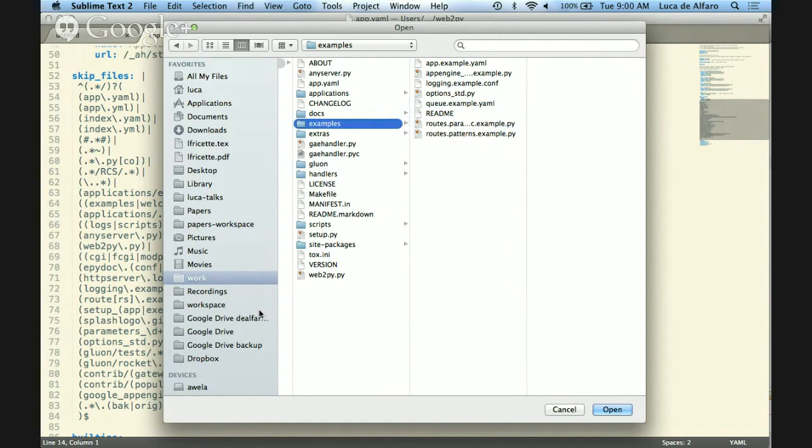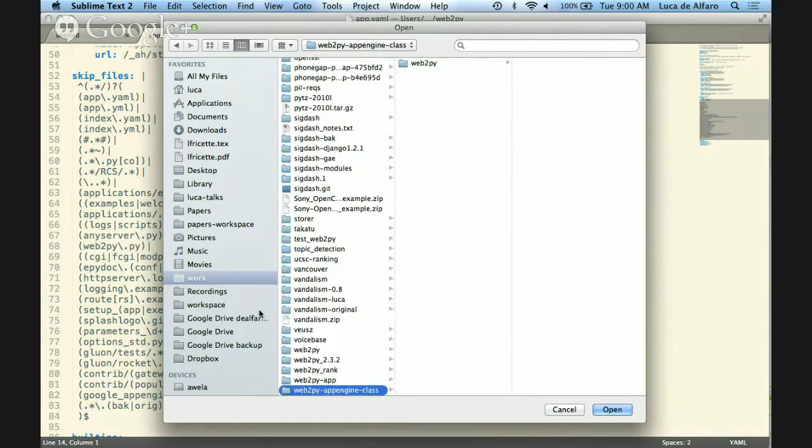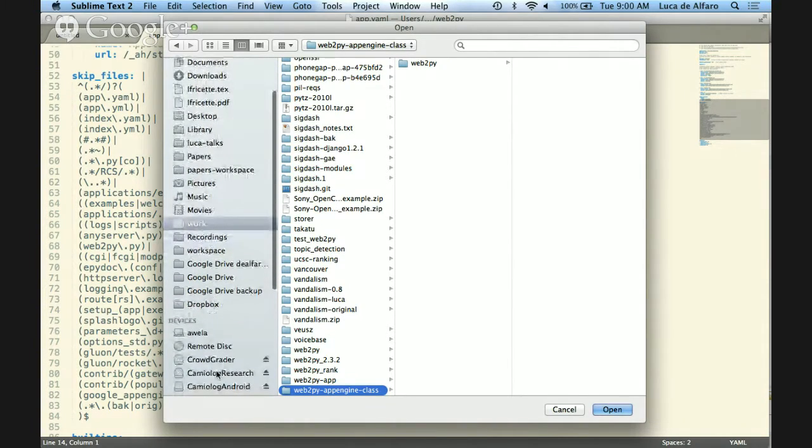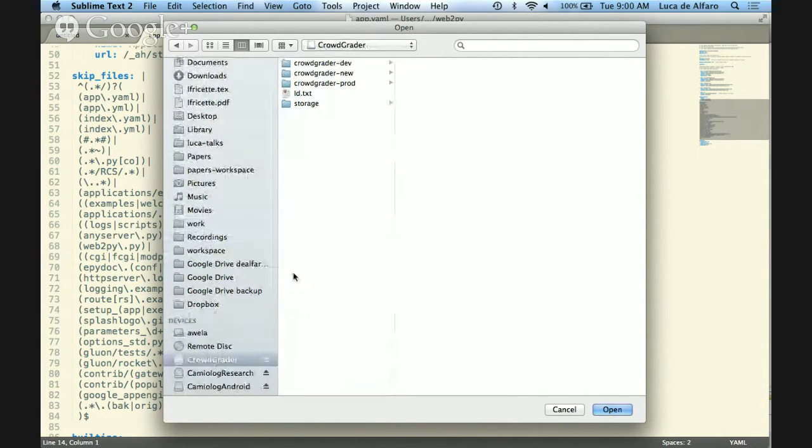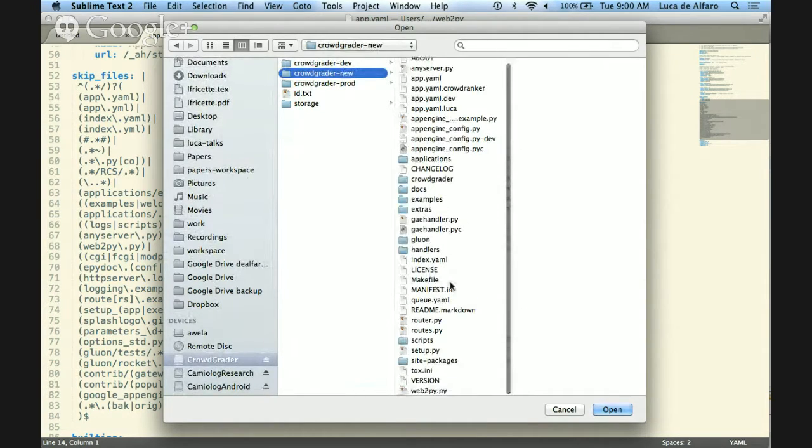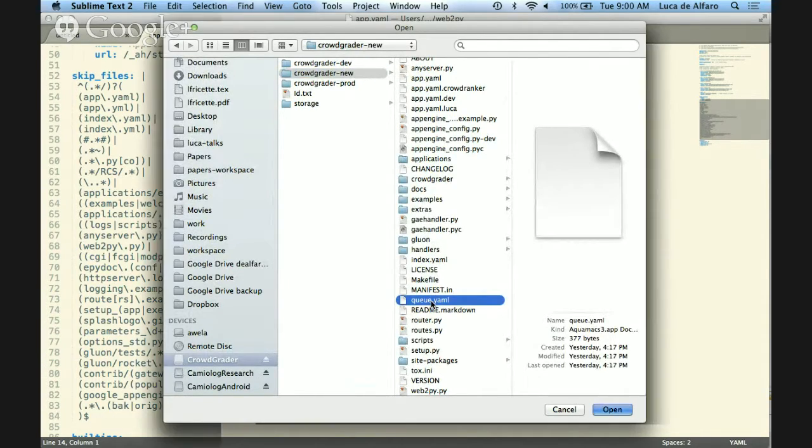Now I don't have it here, but I have it in CrowdGrader, so I can show you a definition of a CrowdGrader queue. Queues are the task queues, and are defined in an extremely simple way. It would be here, for instance, in queue.yaml.